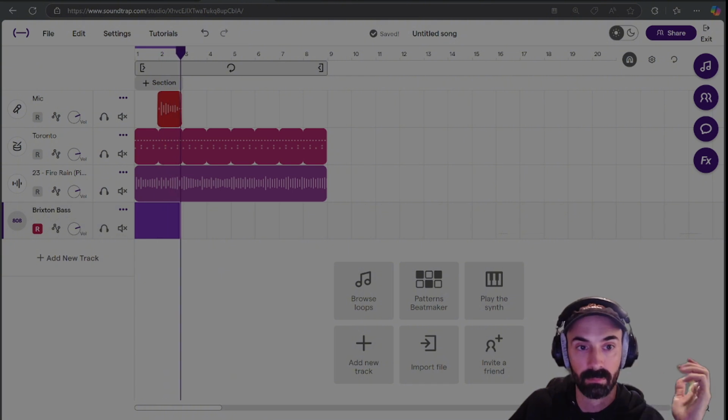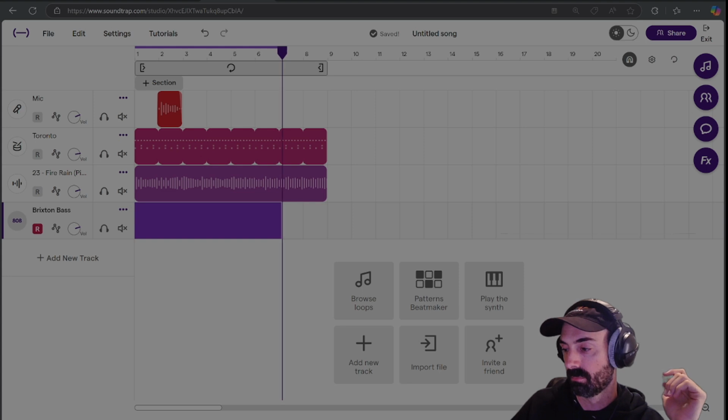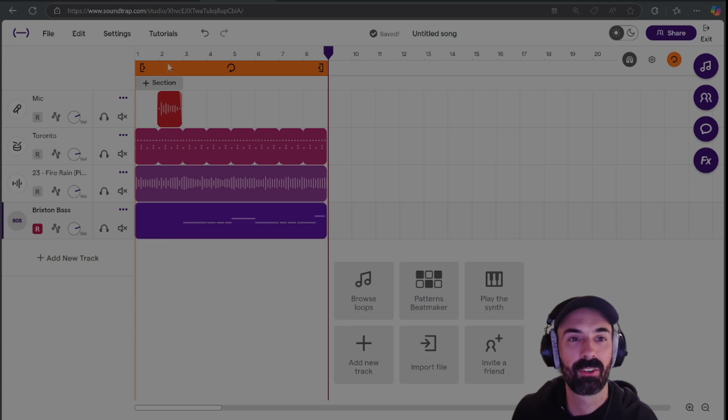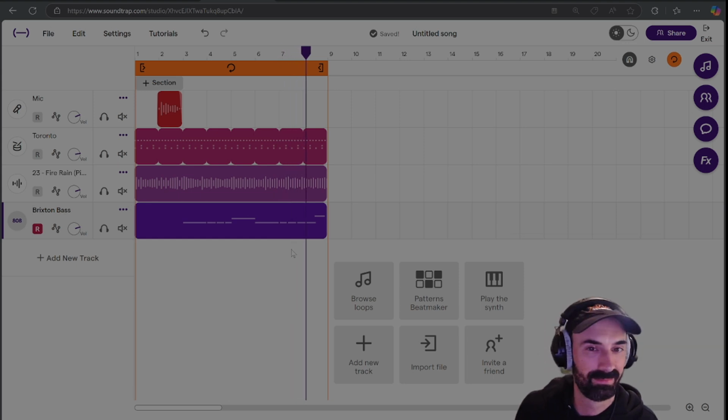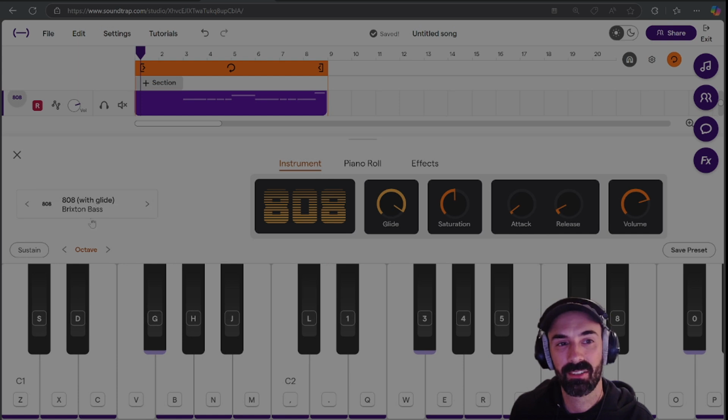Okay, so there's my little recording. And I can go back and change the instrument now if I want. I can change the instrument again even after I've played it. That's what's really neat. So if we listen to it with a different instrument,